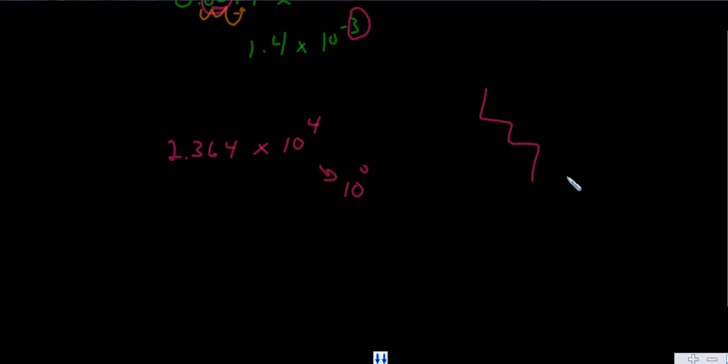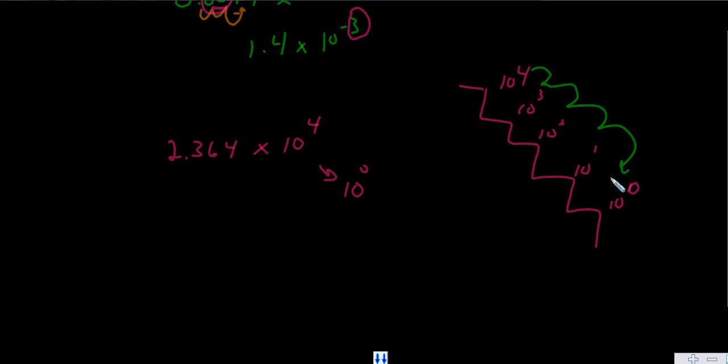And to convert a 10 to the 4 to 10 to the 0, you need to move that decimal to the right. So you need to move that decimal 1, 2, 3, 4 times to the right. So you move it once, twice, 3, there's imaginary zeros here, 4 times to the right. And so taking this number into just normal non-scientific form,